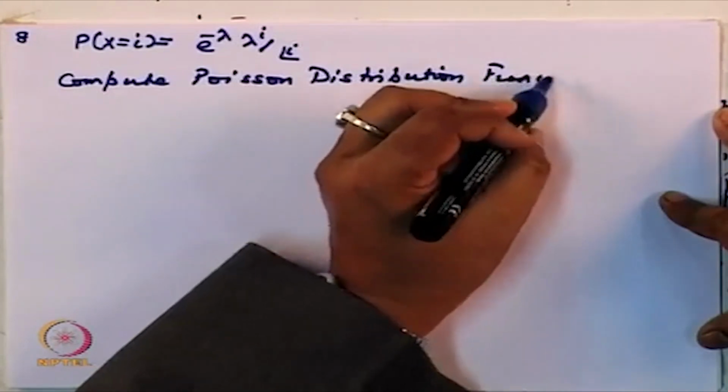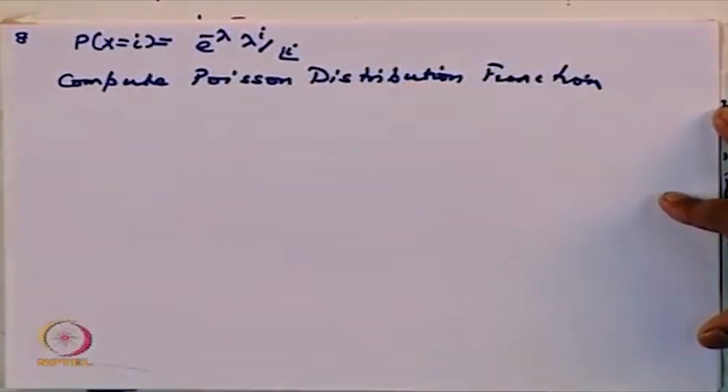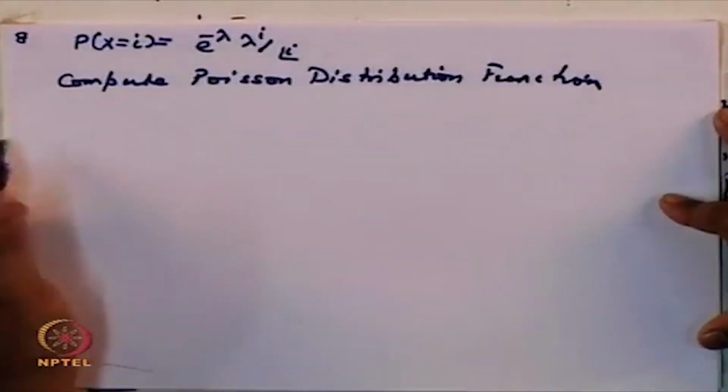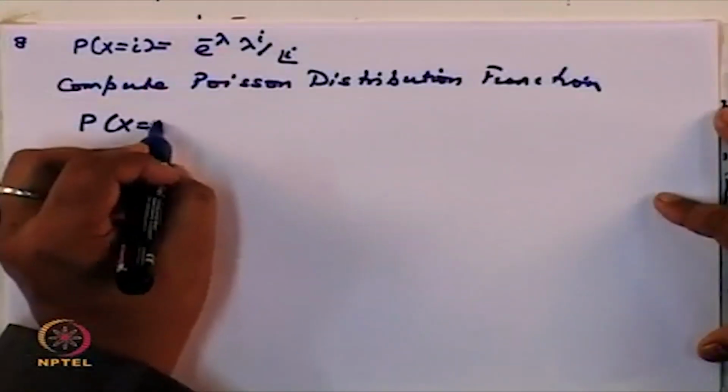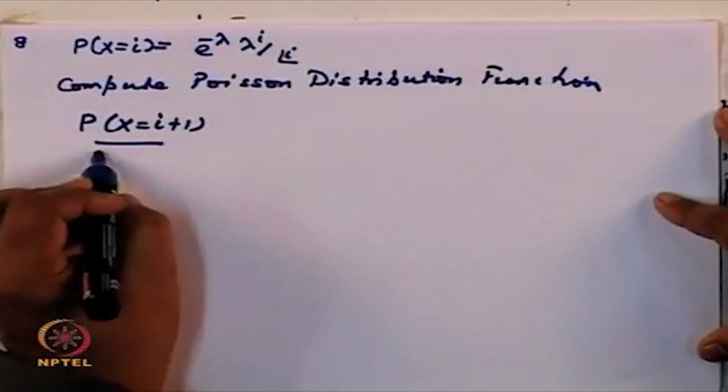In other words, how can you write a program to find each of the probabilities of the Poisson distribution? For doing that, you can write down the probability of x equal to i plus 1 by the probability of x equal to i,